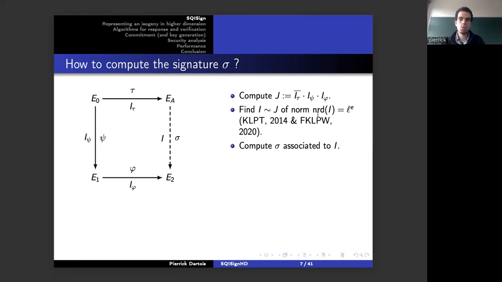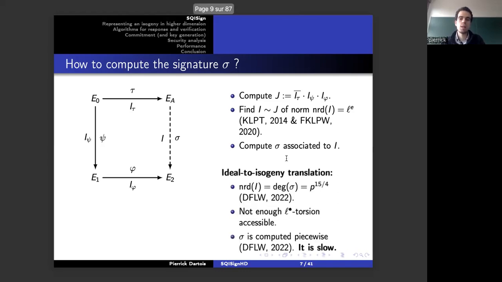So it has to have smooth norm, so a power of a prime L, in order to be efficiently translated into an isogeny. We need actually to translate this ideal into the isogeny sigma, so we need the ideal to have smooth norm. For that, we use KLPT, and then we do the ideal to isogeny translation, which is costly, even if it's